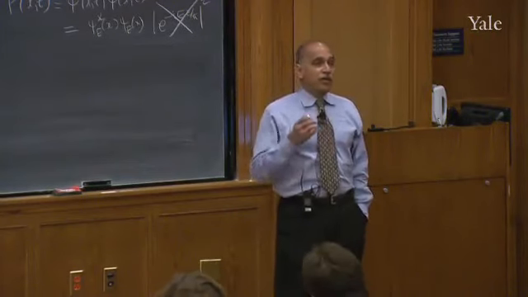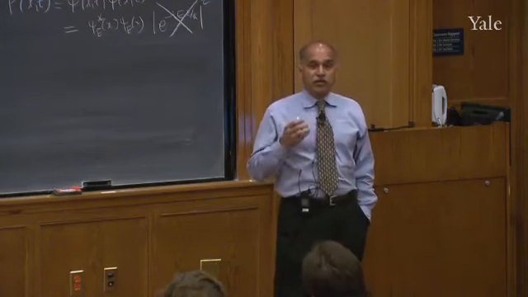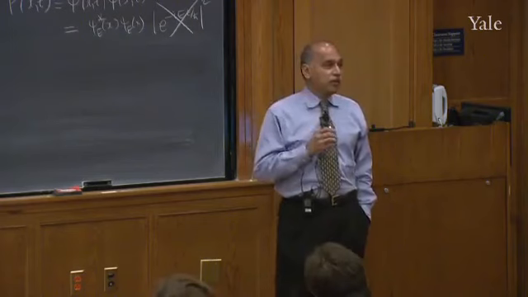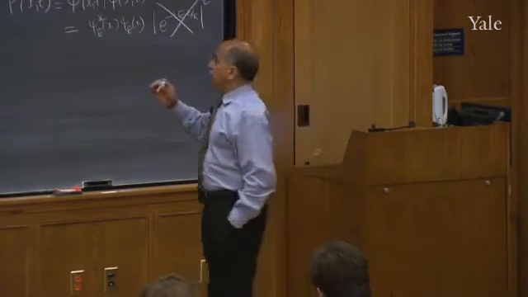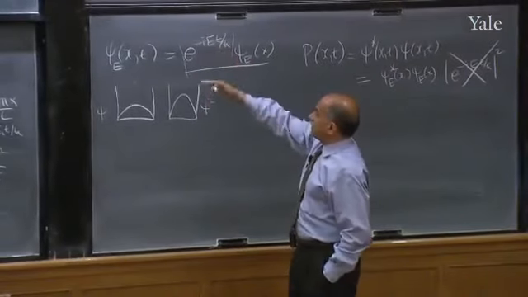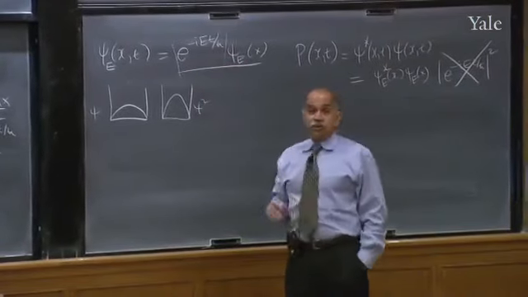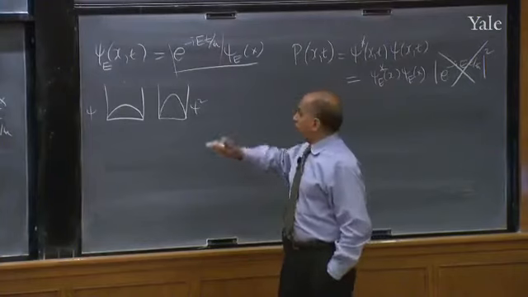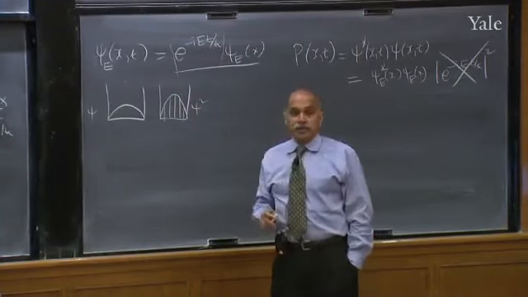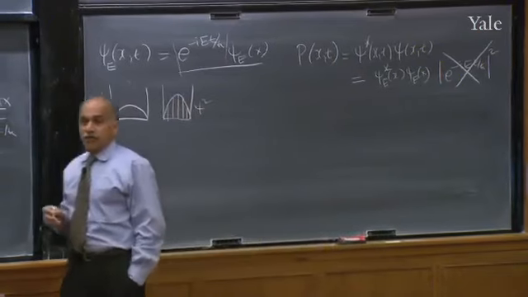It's a lot like e to the iPx over h bar. It seems to depend on x, but the density does not depend on x because the exponential goes away. Similarly, it does depend on time. Without the time dependence, it won't satisfy Schrodinger's equation, but the minute you take the absolute value, this goes away. That means for this particle, I can draw a little graph that looks like this, and that is the probability cloud